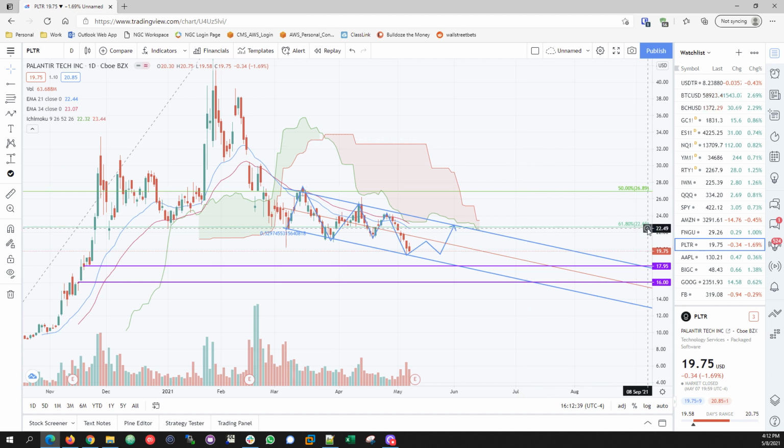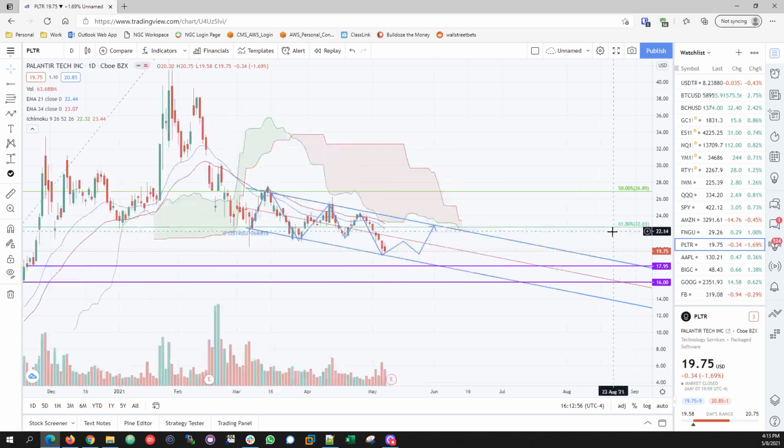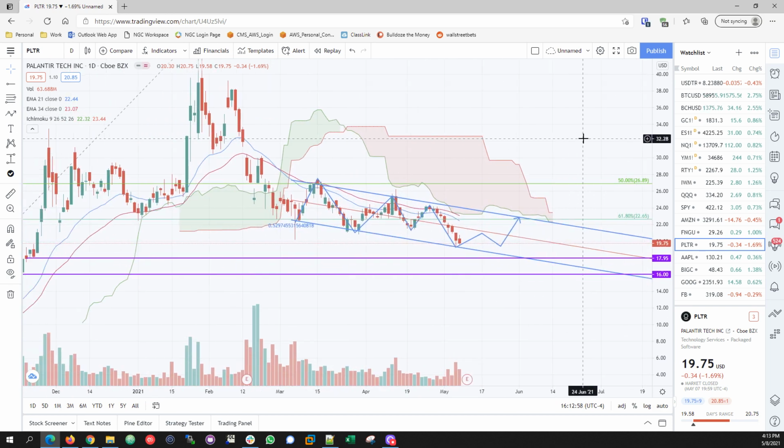22.65 is my target for next week if earnings are good. If we break above that, that would be super bullish. But as for now, like you and I and everybody else that is invested in Palantir, I am waiting for the earnings action. I don't care what the number is, because we just found out Facebook, Amazon, Apple, great earnings didn't matter. So we're just going to sit and find out what kind of action is going to be taken over.